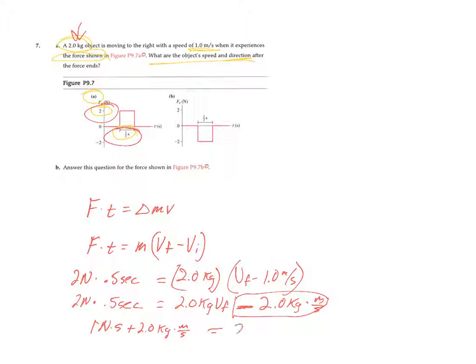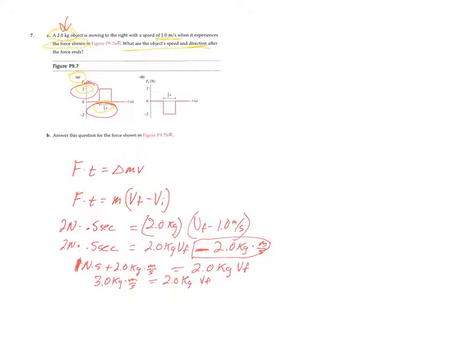And some of you are saying, how can you add things with different terms? Remember, we did this in class. That's a 1, believe it or not. So 1 plus 2 is 3. I will keep this as kg m/s. I still have this 2 kg VF over here. And now we have to ask ourselves,